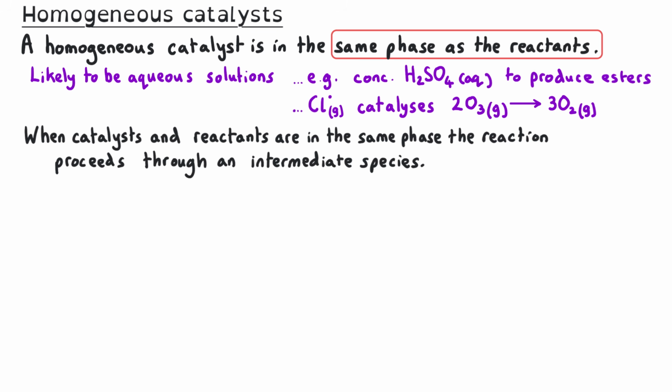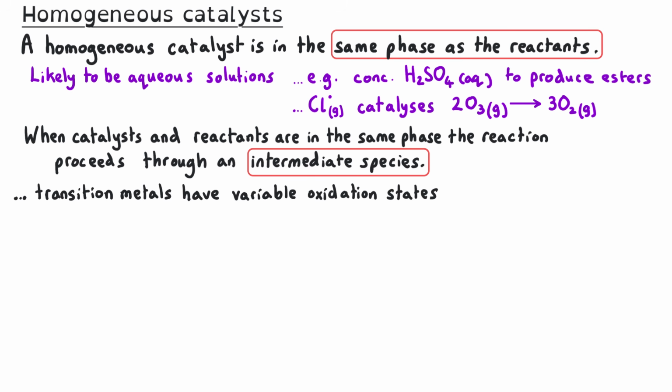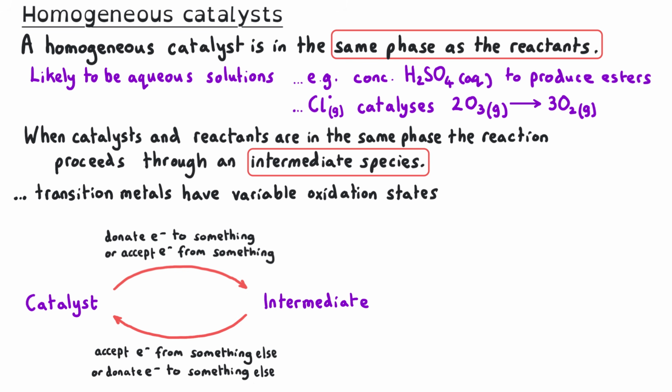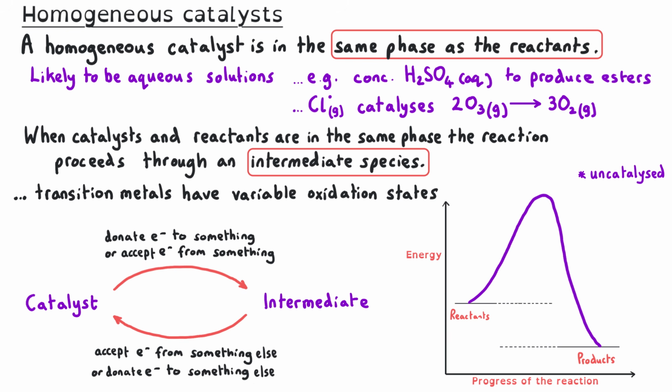When catalysts and reactants are in the same phase, the reaction proceeds through an intermediate species, and this typically works because transition metals have variable oxidation states. And so as it works, the catalyst will donate electrons to something or accept electrons from something and form an intermediate species. And this intermediate will then accept electrons from something else or donate electrons to something else and remake or regenerate that catalyst. Since this reaction is proceeding through an intermediate species, the reaction profile for a homogeneous catalyst